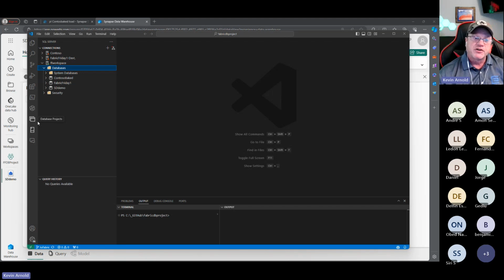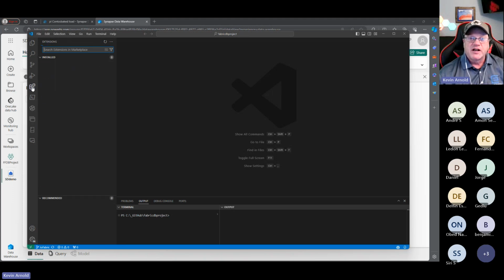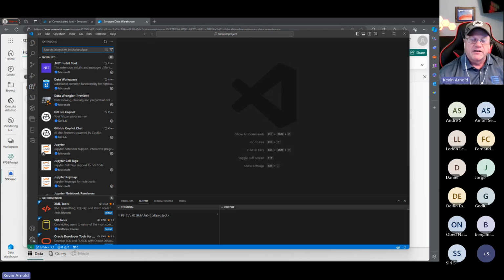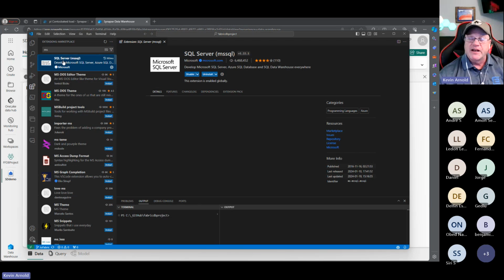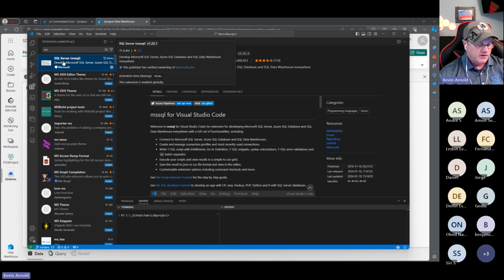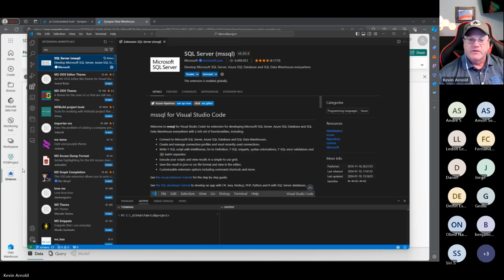Actually, the other day we were talking, that doesn't work there yet. So use Visual Studio Code, or you could use Azure Data Studio, and you're going to add an extension onto it that is MS SQL. And when you add MS SQL with Visual Studio Code, it automatically adds the database project scenario.